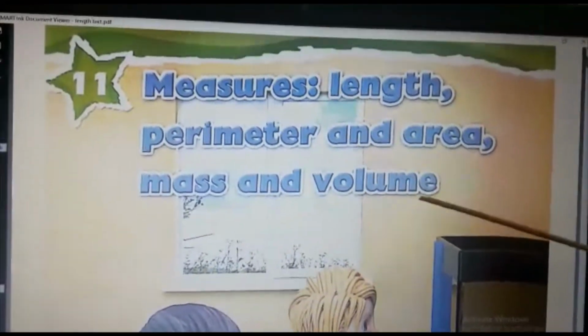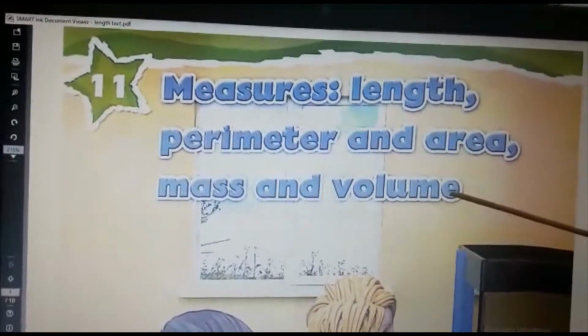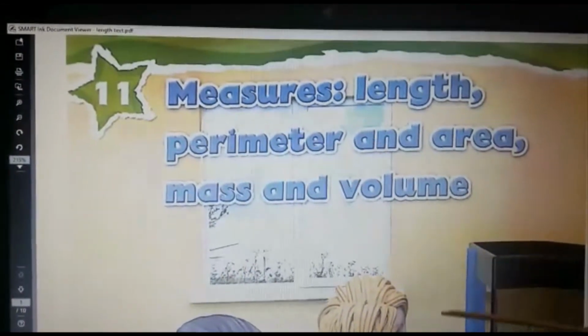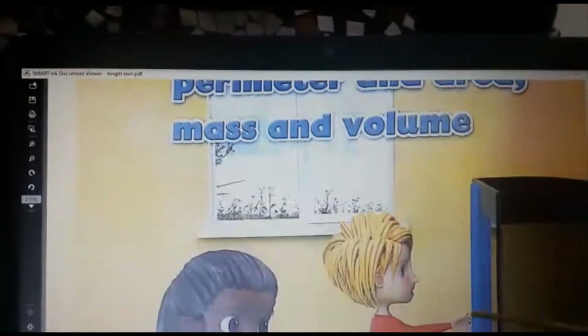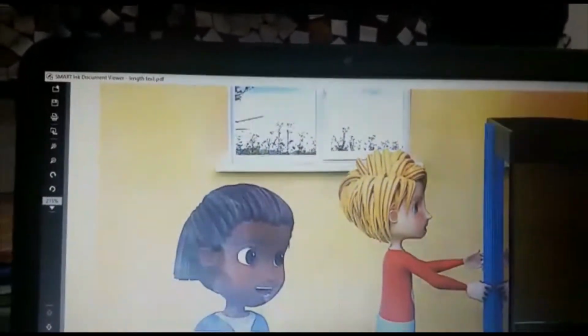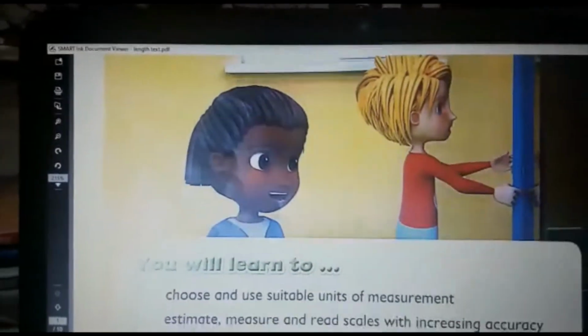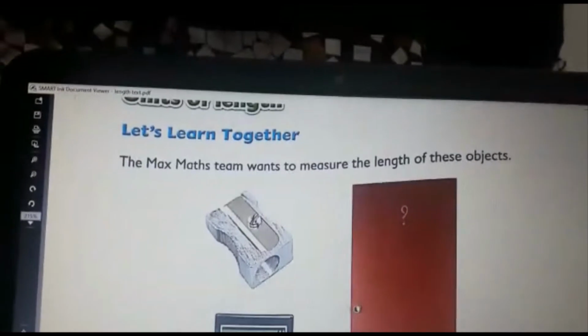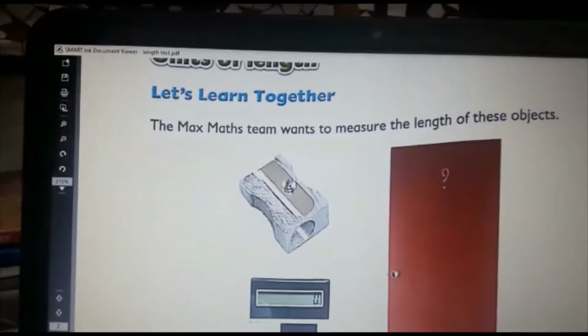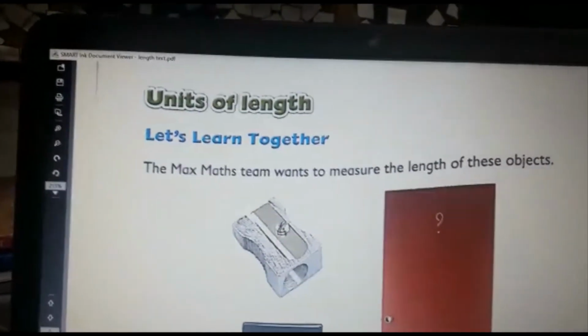So first we can start with length. In your small classes, as I told you, I am always saying the same thing: you already studied how to measure the length and how to measure the mass. You have done all these things in your small class, but again we can have a look here. So the first one, length.